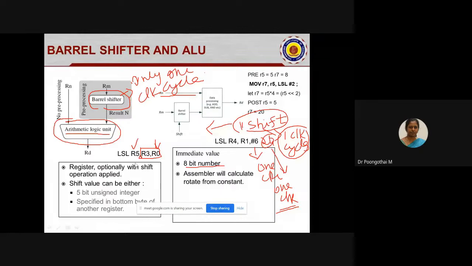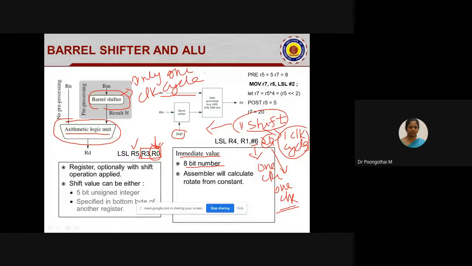You need to specify 3 operands, and the last one, which is one of the source operands, holds the number of shifts. This operand can be a register or an immediate value. So you can directly load that value into a register and specify that register in the instruction, or you can specify the number of shifts in the instruction itself. Is that clear, students? Yes, ma'am. This shift can be a general purpose register value or an immediate value.